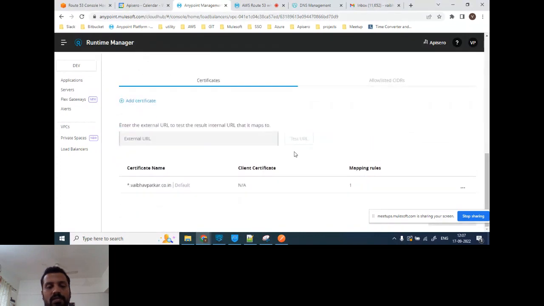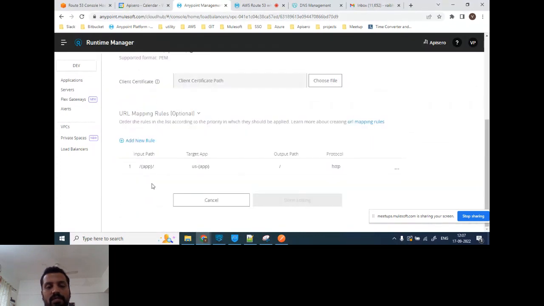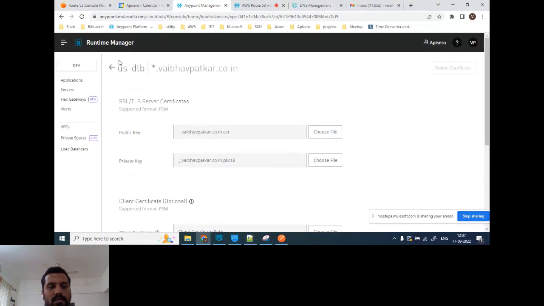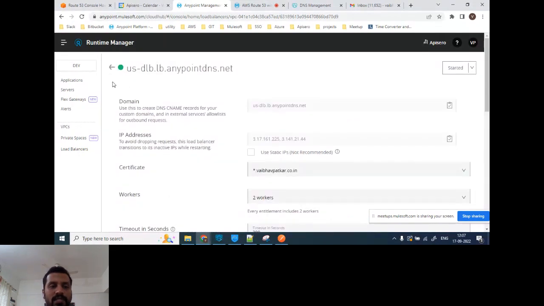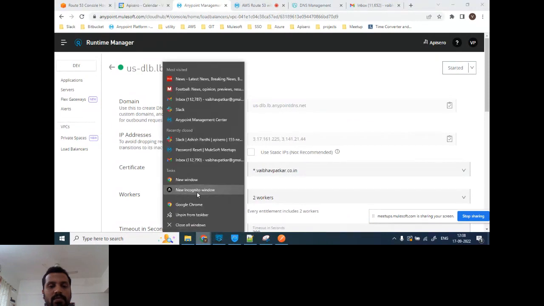No other changes over here. All the default configuration, even if you go over here. The only thing that I've done is apply US hyphen over here. That's it. So this is set up from the US side. For the US region, something similar we'll have on the other side. So if I go to,